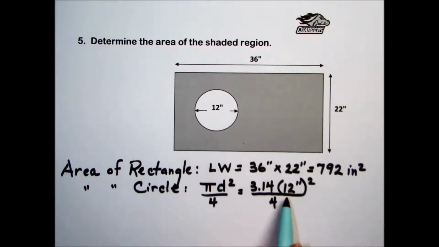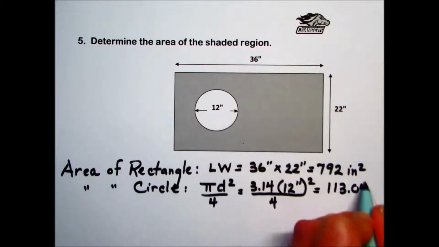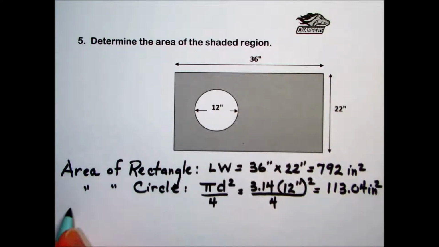Following order of operations, we will take 12 squared, which is 144, times the value of pi, 3.14, and finally divide that result by 4, giving us a total area for the circle of 113.04 square inches. Next, to answer the question, what's the area of the shaded region,